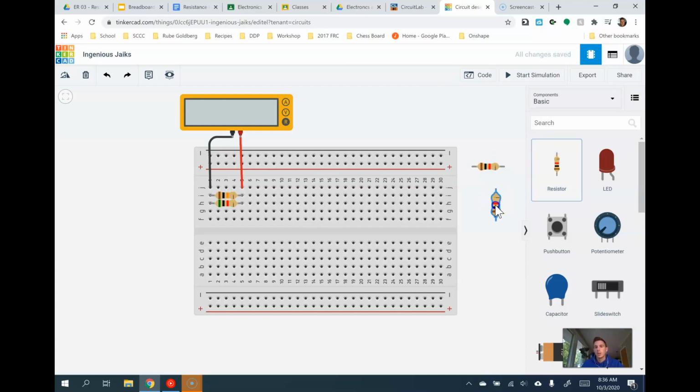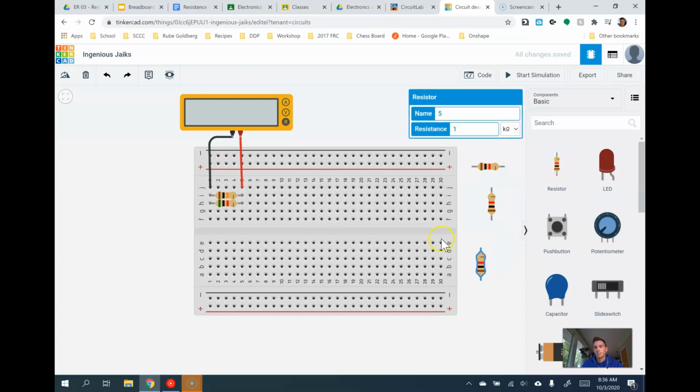So let's do that, so on and so forth here. So let's just say I had a bunch of these. These are all 1,000 ohm resistors. So I'm going to drop this down here. I'm going to drop this down here. And then all of a sudden I've run out of slots to connect things, okay? And I still need to connect this in parallel. If I were just to connect this down here,